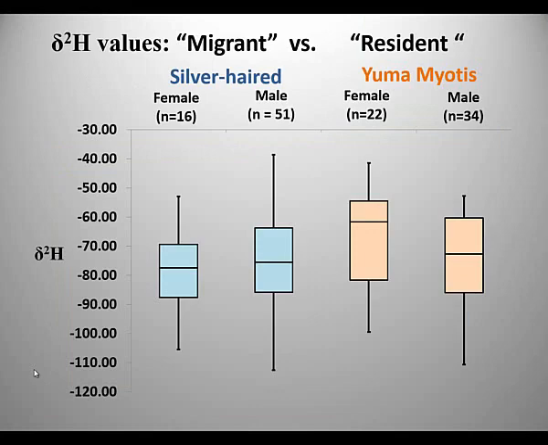But when we did, we found that the range of values in this resident species, where we know where it is all summer, are just as wide as what we found for the silver-haired bats, the migratory species. So rather than conclude we've discovered migration in a new species of bats, I think the more parsimonious explanation is that this technique needs a little refinement in order for us to be able to get the information that we need.